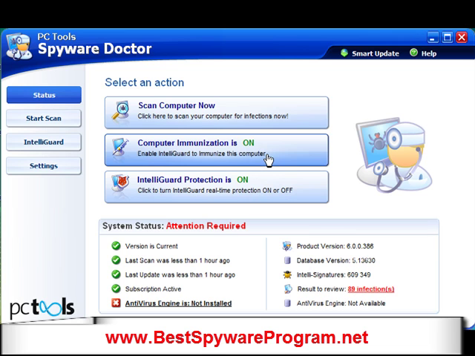That means that if I accidentally go on the wrong kind of website, and I get some kind of spyware downloaded on my computer, sometimes without my intention, then I will be protected here with IntelliGuard. IntelliGuard basically is real-time protection from spyware. So if my computer were to be infected again, IntelliGuard would remove that spyware as it's being downloaded, so it can't do any damage